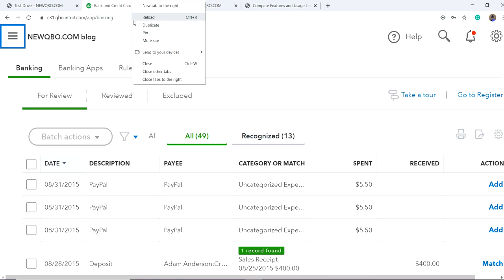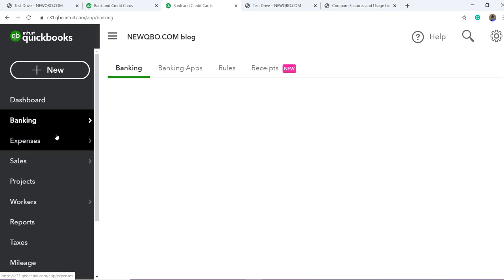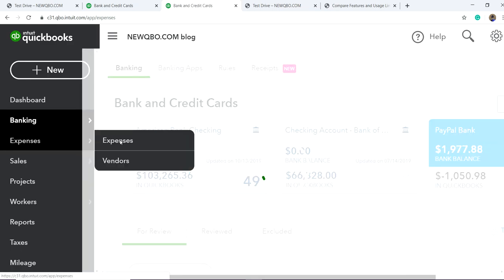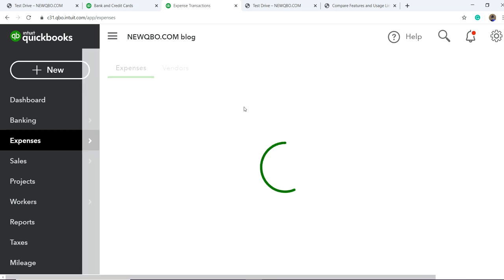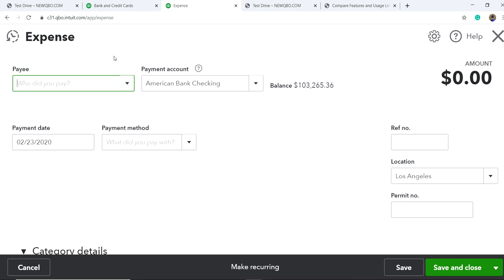Let's say this one is 5831. Okay, so duplicate in here. I'm going to create a duplicate. Okay, so I'm going to create a transaction, an expense transaction, a new transaction. All right, this is an expense, let's say. So this is you creating expenses. This one is you creating an expense and you are trying to match it with your bank download. Okay, so let's say this is the PayPal one,